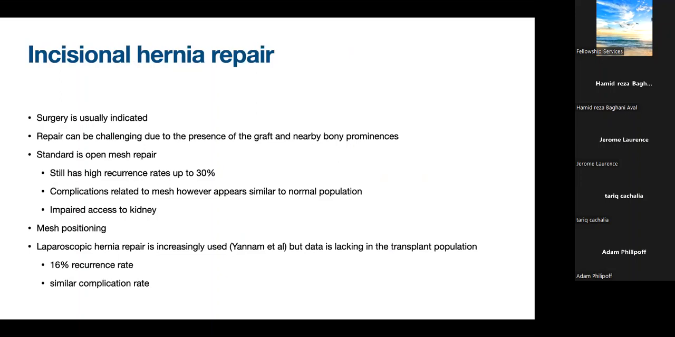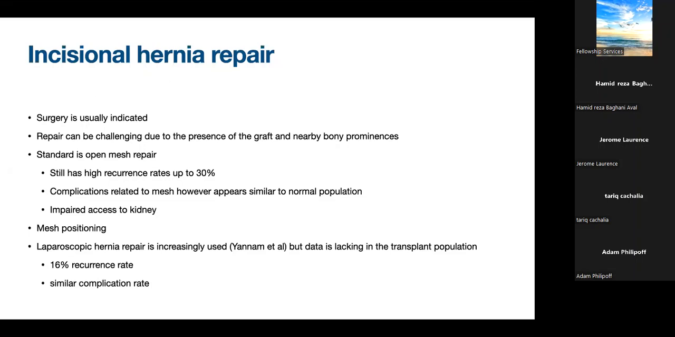Incisional hernias, as we said, are pretty common, and usually when they are detected, surgery is indicated, because often these patients will fail non-operative management. Repair can be challenging due to patient factors, body habitus, also the presence of the graft and nearby bony prominences, as well as the fact that they're on various immunosuppression. I think the standard